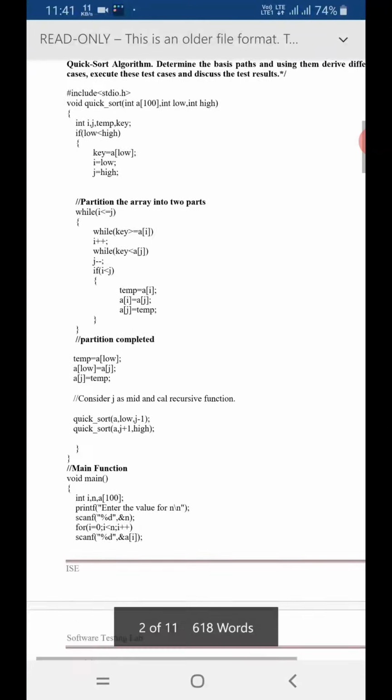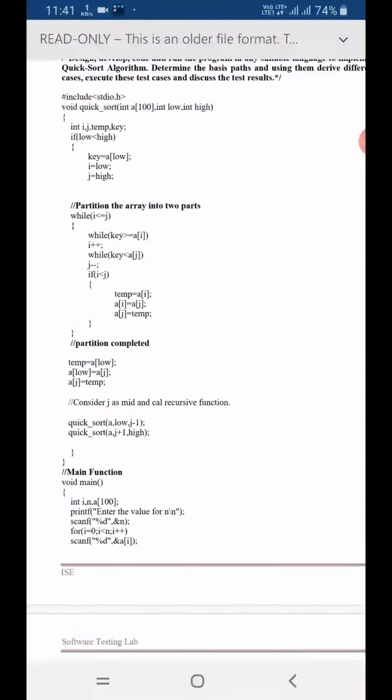In this way I'm going to find the right place for that pivot number by using the partition approach. So in one iteration I find the right position for that particular pivot number. Okay, so one iteration is over.